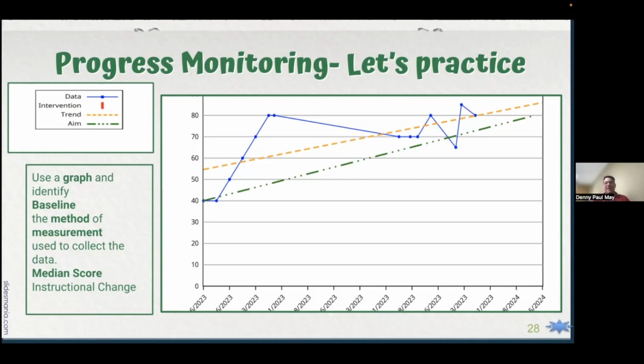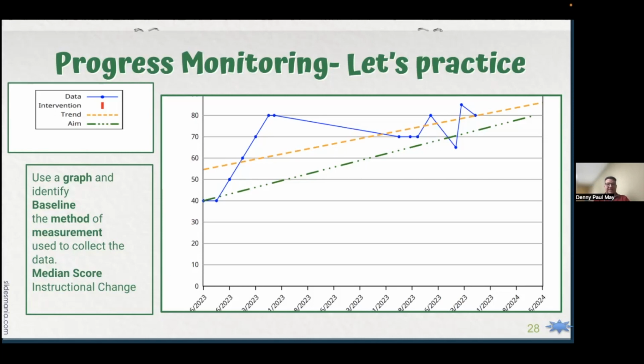So it makes you wonder what happened with the instruction where that student dropped back down to about a 70 there. He's trying to get to 80, right? But he's had about 3 data points around 70, and then he jumped back up. So it's kind of all over the place. So we have to analyze that and say, what is it that we need to do with the instruction? What is it that we need to